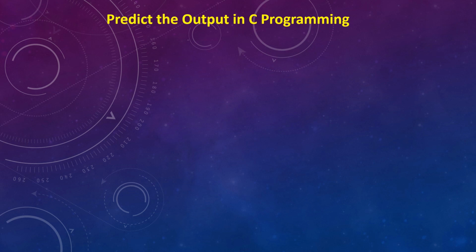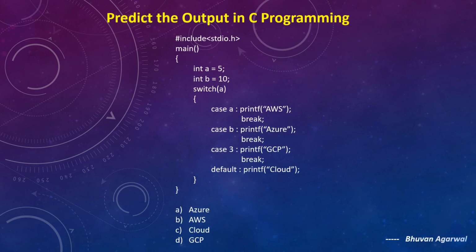So this is our fifth video in a series of predicting the output of the code snippets given in C language. So let's get started. So our fifth question is this. I suggest every one of you to simply pause the video and just try to solve it on yourself. Then we will try to solve it together, okay?